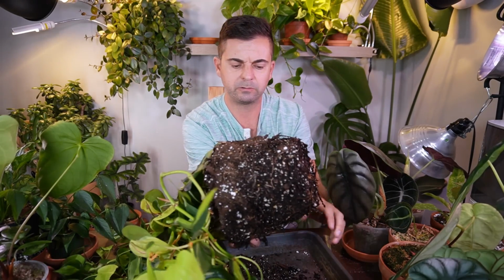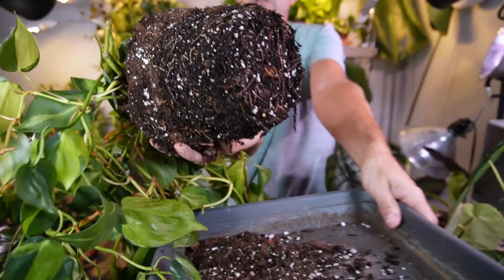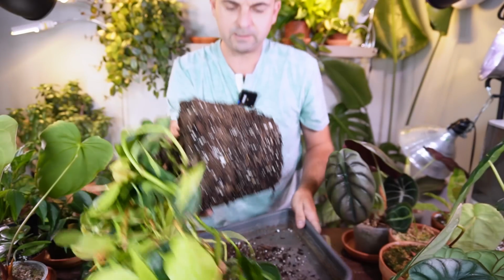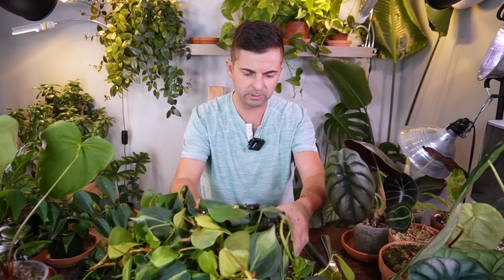Definitely lots of roots, if you can see it or not. Lots of roots in the pot here, but it's not terrible. It's not like a complete solid root ball. It's not encircling yet. But what I think I'm going to do is grab my utility knife and slice off a bottom portion of the roots just so that it can rejuvenate those roots to search down into the pot. It's close to being root bound,